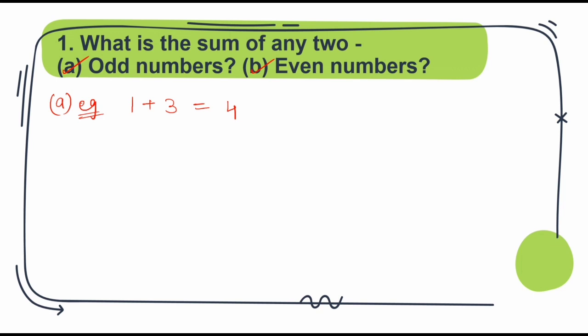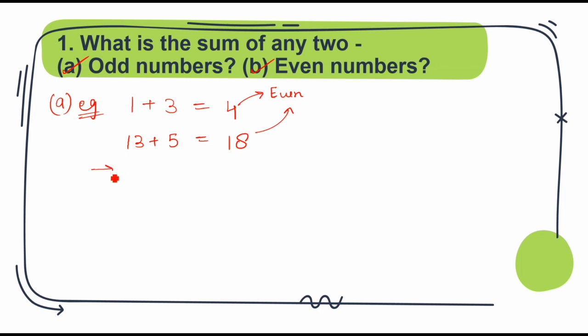And can you tell me that 4 is even number or an odd number? 4 is an even number, right? Now from this only you can understand that whenever we add any two odd numbers, we will get the answer that is always even number. Okay, but if you want to try one more example, you can do it. Say I'm taking 13 plus 5. Okay, so 13 and 5, both of them are odd numbers. Okay, and if I add them, so the answer is 18, and again it is an even number.